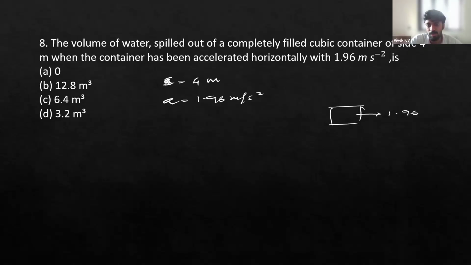What happens? Generally, water will move like this, right? So I'll draw a larger figure. We have a container in the shape of a cube filled with water. When it is accelerating in the forward direction, the water is going to move in this direction. So there will be an angle created, tan theta. So tan theta is nothing but